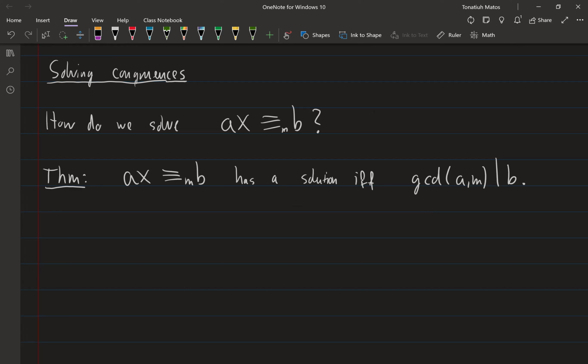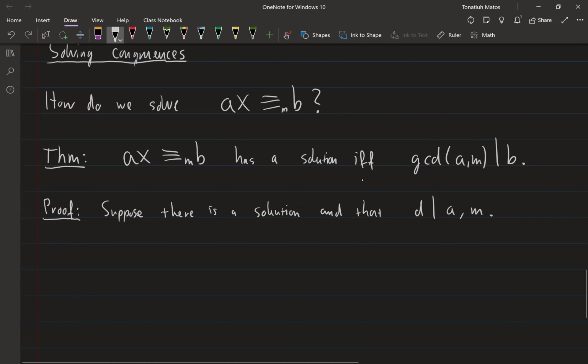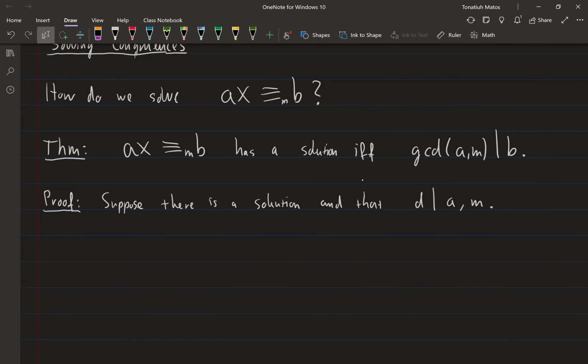But let's think about this in more generality. Why should this be true? So here is the proof. Suppose there's a solution, and that D is a common divisor, so it divides A and it divides M. If I manage to show that D divides B, well then every common divisor divides B, in particular the largest one. So if D divides A, we know that